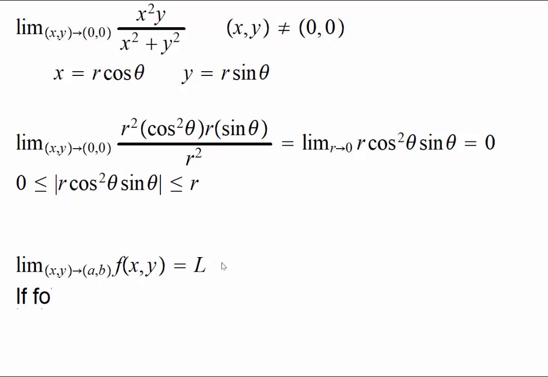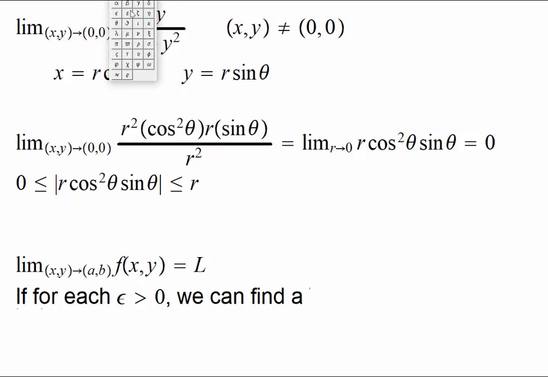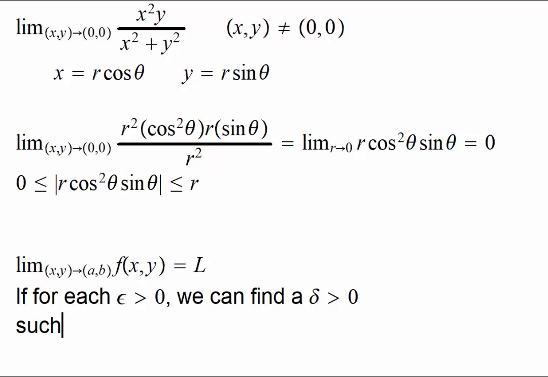for each epsilon greater than 0. All right, so here is an epsilon. Okay, let's get a better looking symbol. We can find, or there exists, a delta greater than 0 such that whenever we have